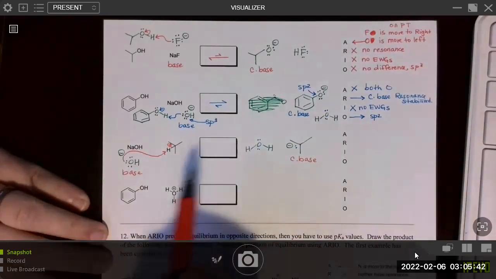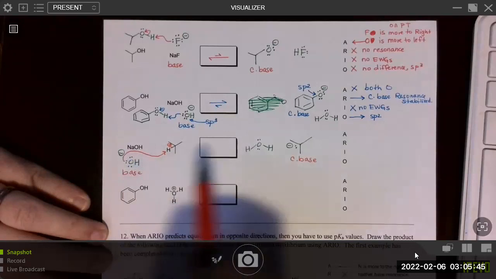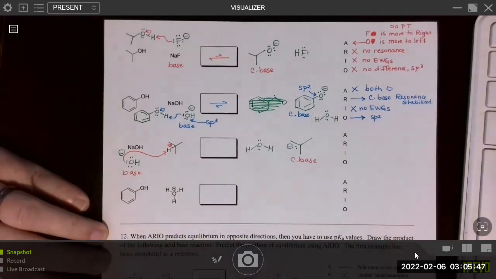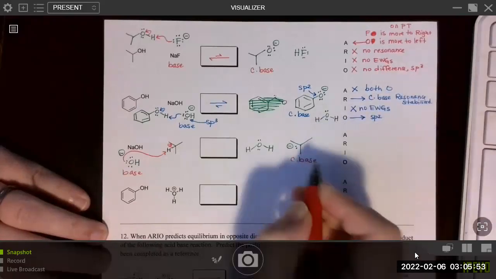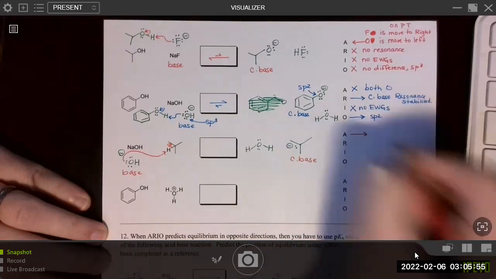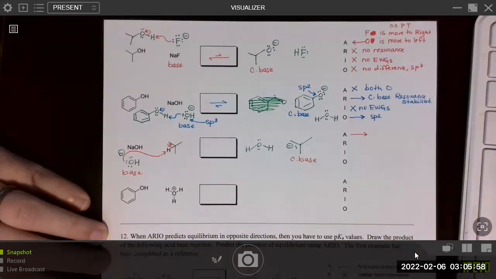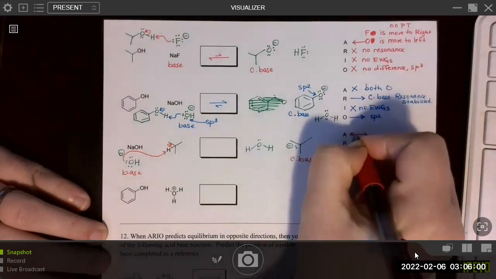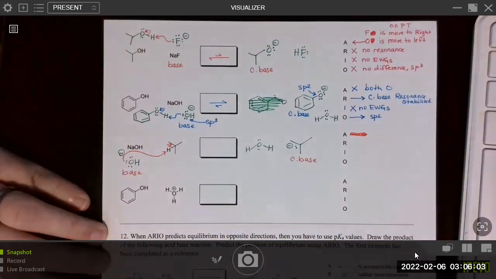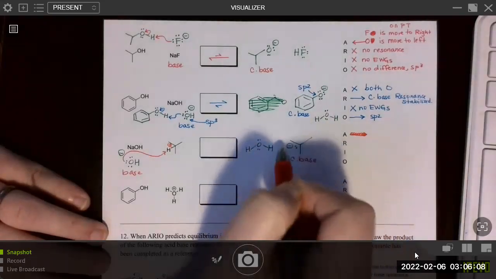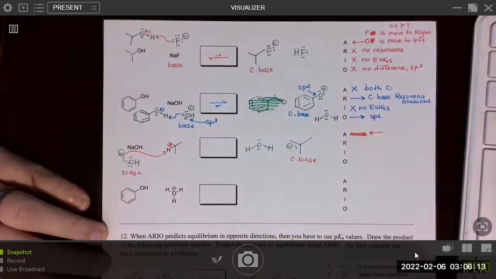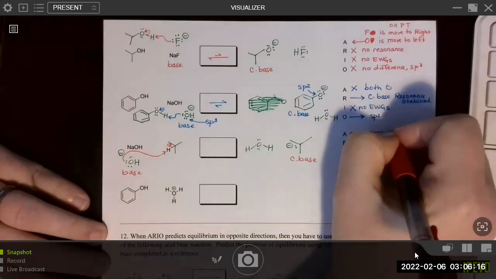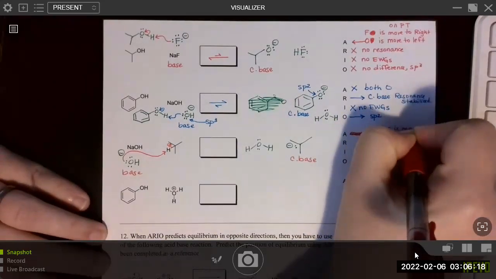Okay, so this is an oxygen with a negative charge versus a carbon with a negative charge. So we're going to predict that the carbon is less stable with the negative charge. The oxygen is more stable with the negative charge. Sorry, I'm talking and writing at the same time, so I'm not doing a very good job. Okay, we're predicting this is the stronger base, this is the weaker base. Based on the atom, we're going to go towards the weaker base, and then say oxygen, more right.